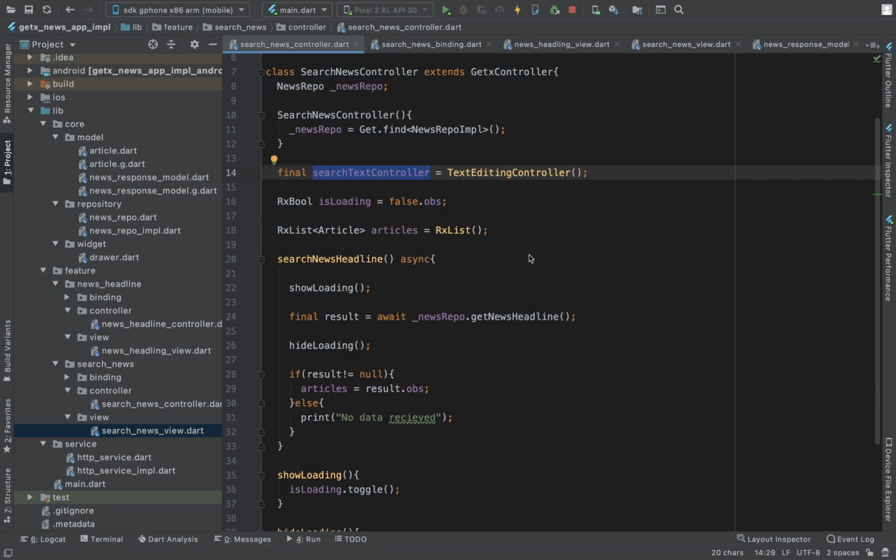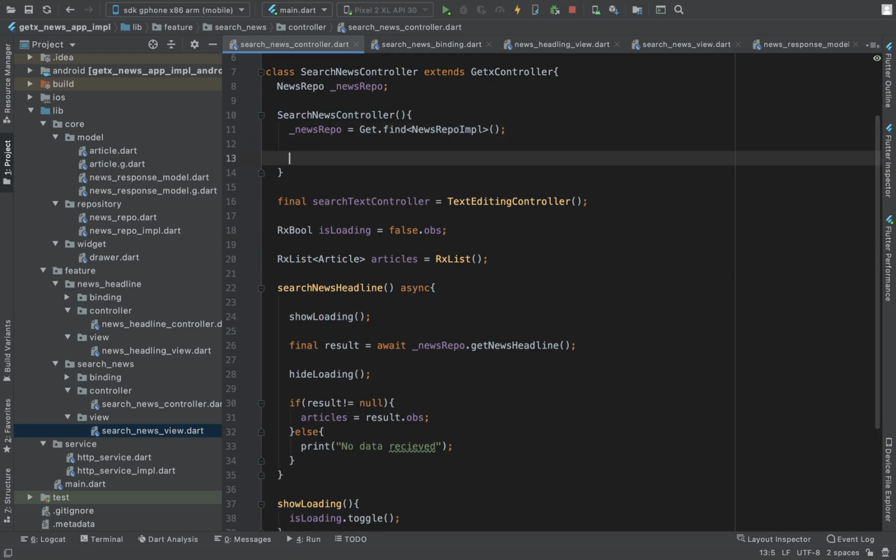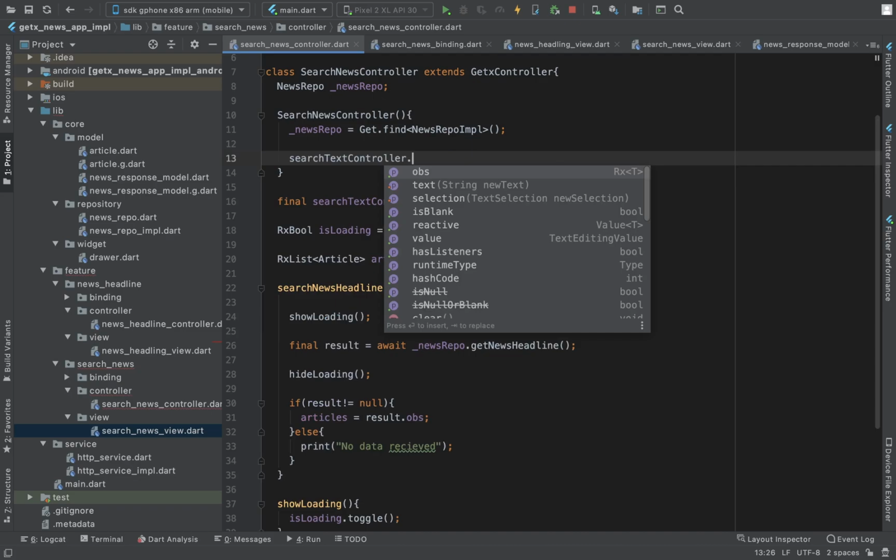Now what we have to do, on at least 3 characters, or we can say multiple of 3 characters, we need to hit the API, the search news headline, so that every time the user types 3 characters, it will hit the API. Then if he types 6, then again hit the API. So something like this. So what I'm gonna do in the constructor, I'm gonna add a listener in search text controller,